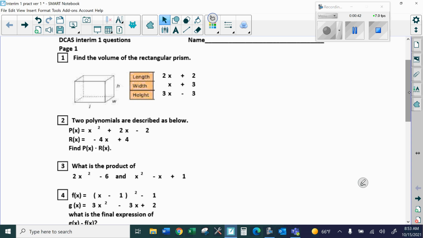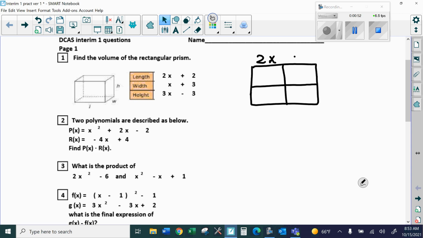Now I'm going to show you another method. I've shown you the vertical method. Now I'm going to show you the box method. 2x and a plus 2. Okay, you can put the signs with there. X and a plus 3. Okay, now I go ahead and multiply